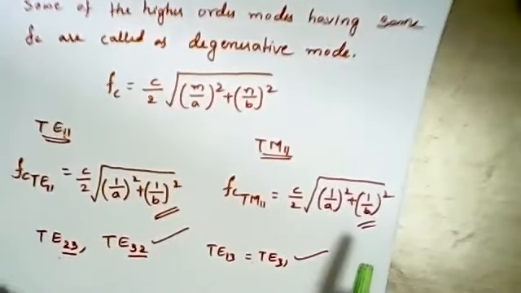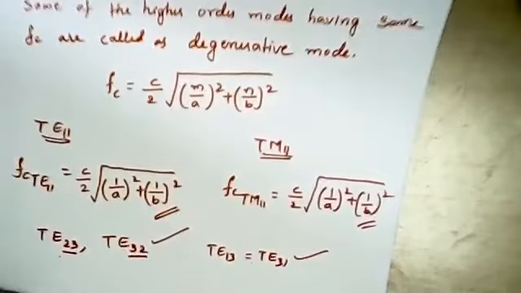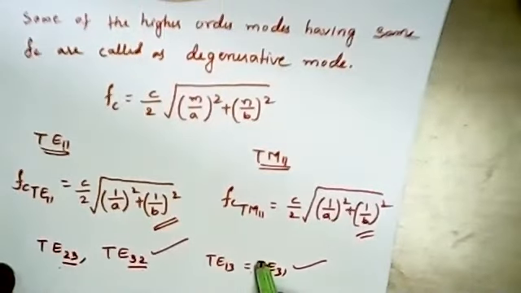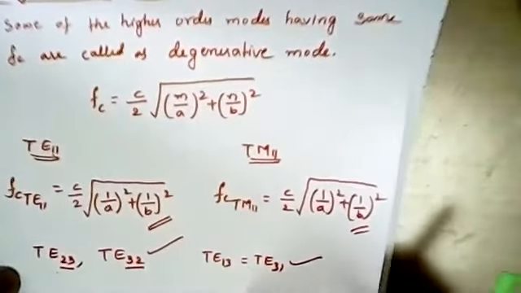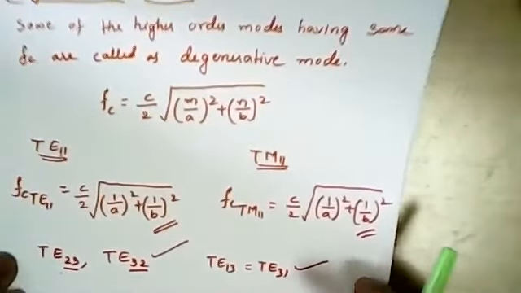So these are all the modes of propagation which we have seen, and the cutoff frequency we have seen in the dominant mode and the degenerative mode. Whatever topics I'm going to explain, you can check them against the syllabus. In the same way, I'm going to proceed here. I'm not going to miss even a single line or single word in the syllabus.